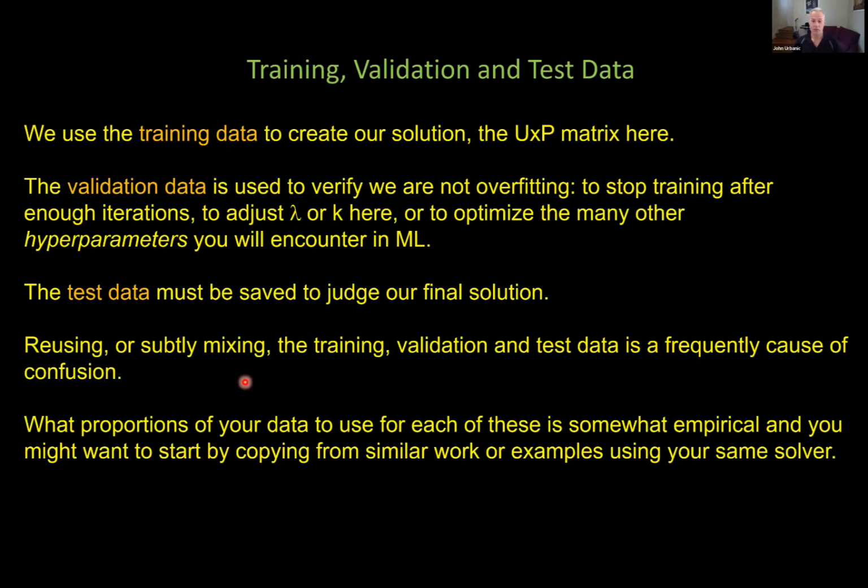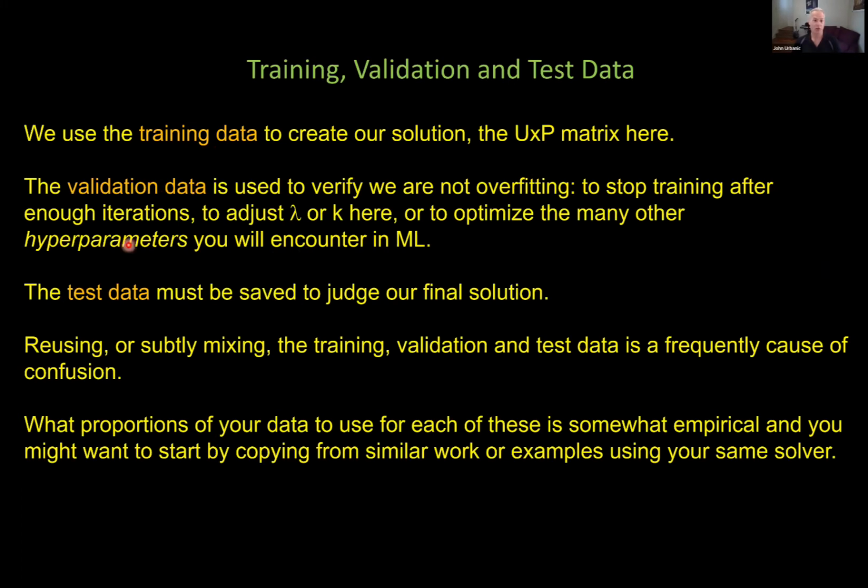And the reason people do this is because, as we'll see when we really get into the deep learning stuff this afternoon, data can be very valuable and hard to get and expensive. And so people really want to use all the data to get the best UNP matrix, to train their model as best as possible. It's a huge temptation. Setting aside some of your data that never gets to be used to make a good UNP matrix is painful to do, especially if you don't think you have enough data to begin with. You really want to be stingy with your data. And this data never gets to be used to train the UNP matrix to be better. That's a painful thing to do. So people just have this temptation to reuse the data somehow or other and mix it in. And it's a big problem more often than you think.